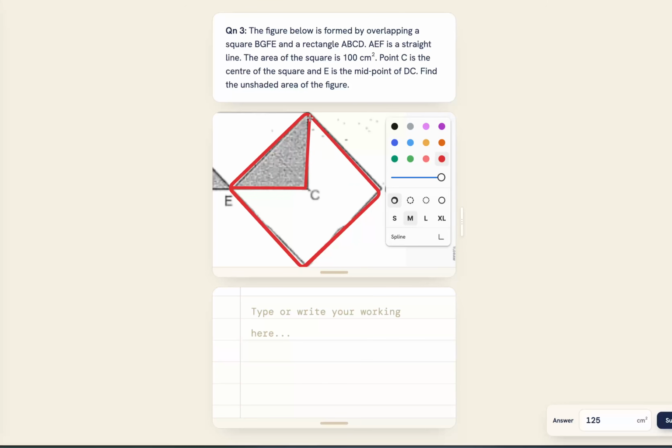We can say this shaded part is 1/4 of the square. So the shaded part in the square is 1/4 times the square, which is 100 centimeter square, and this will be 25